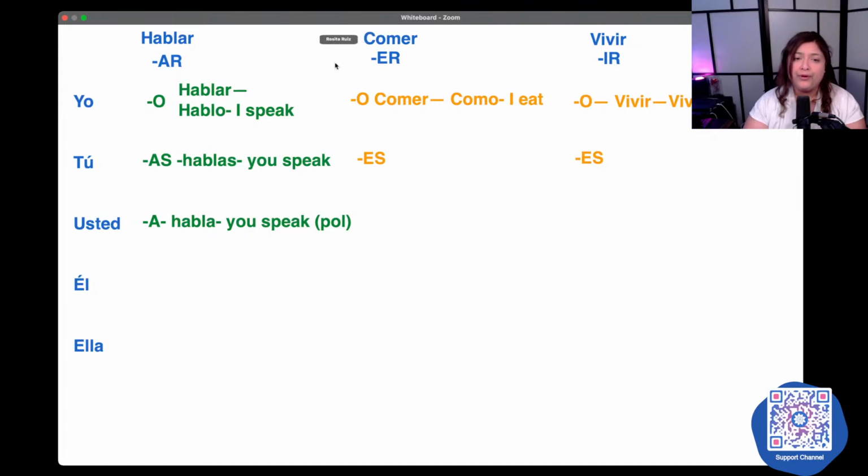So, por ejemplo, aquí we have comer. So if I want to say you eat, it'll be tú comes. You eat. Or here I put an E, usted come, which means you eat, politely.